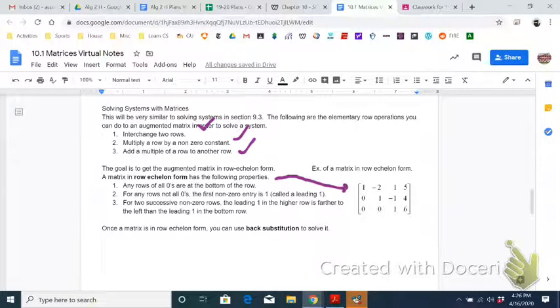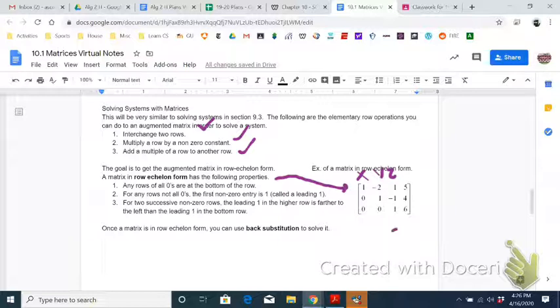Now, row-echelon form is similar to reduced row-echelon form. Reduced row-echelon form is when you have zeros here, and then the diagonal of ones, and these are all zeros. So if that were the case, you don't have to do any more work to see what x, y, and z are equal. But in this case, if this represented a system of equations,